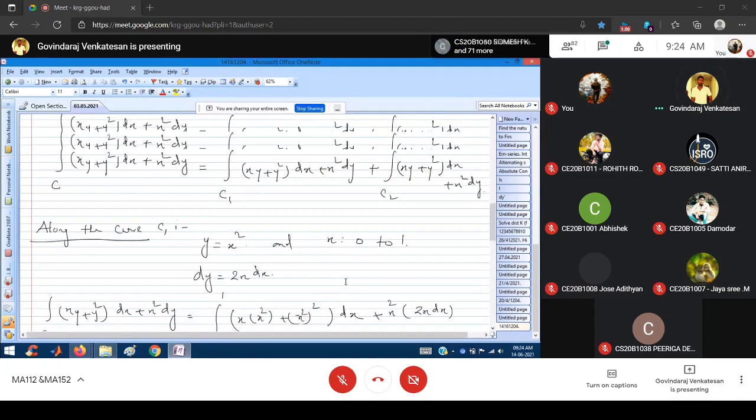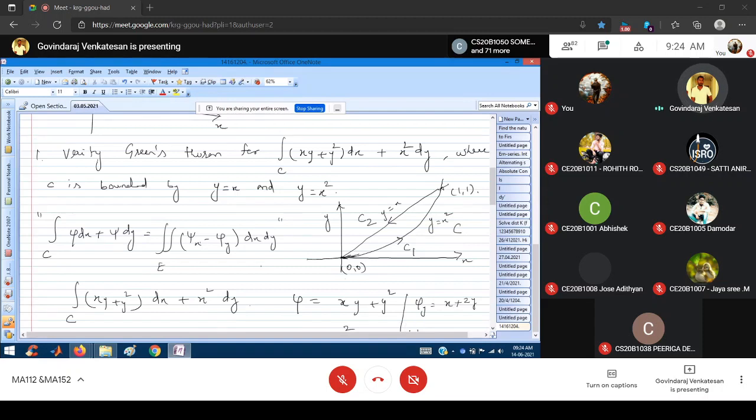This region E is the closed one. The entire curve C is called your region E. The curve is starting from the point (0, 0) to (1, 1), and from the point (1, 1) back to the point (0, 0). This is your region E. So now how to evaluate the integral?